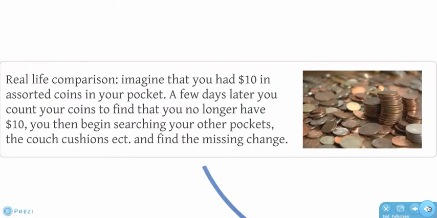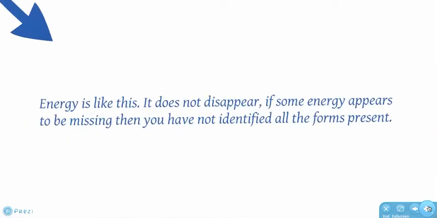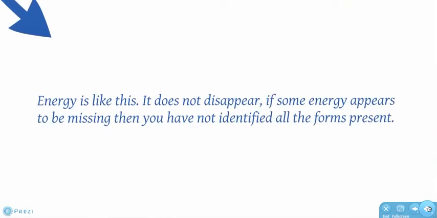So a real life comparison or idea of this is if you imagine that you had $10 in assorted coins in your pocket. A few days later you would count the coins and find you no longer had $10, maybe you had 9. You would then begin searching your other pockets, couch cushions, etc., and you would find the missing change. So the point of this is that energy is like this. It does not disappear, okay? If some energy appears to be missing, then you've just not identified all of the forms present. Maybe you haven't been able to